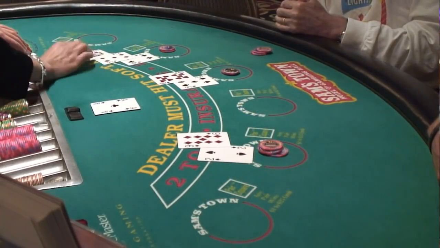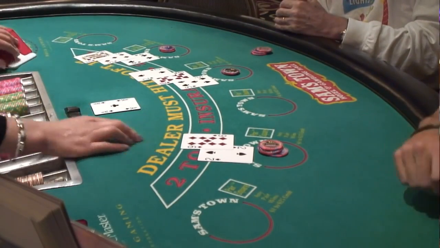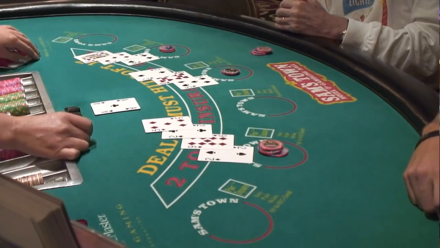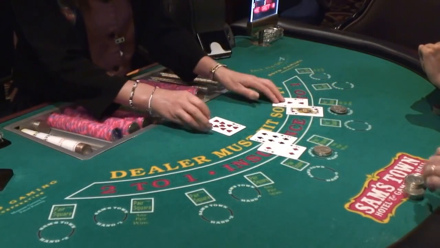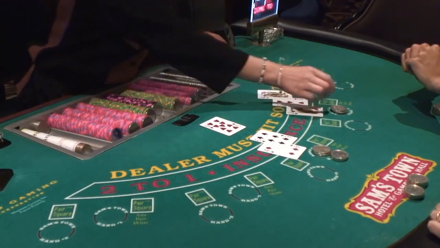So they are standard hand signals. If you want another card, you would tap your finger on the felt. If you want to stand, you would wave your hand over the cards that you have there. If you want to split or double down, you would just put more money out on the felt. But again,